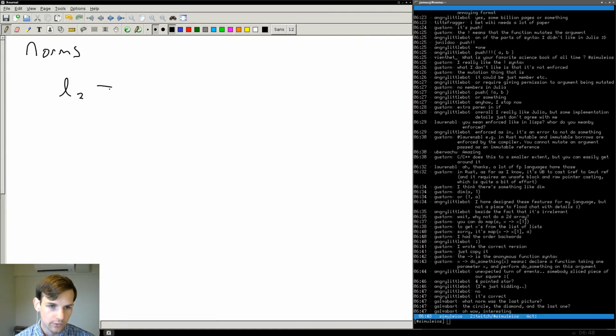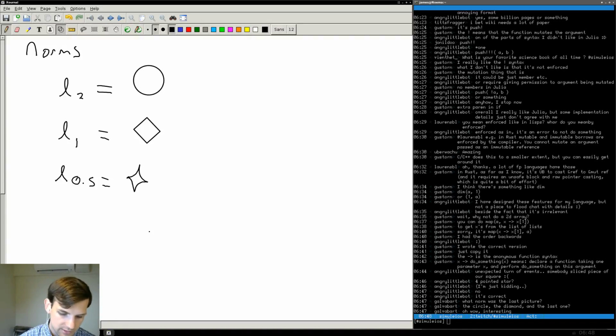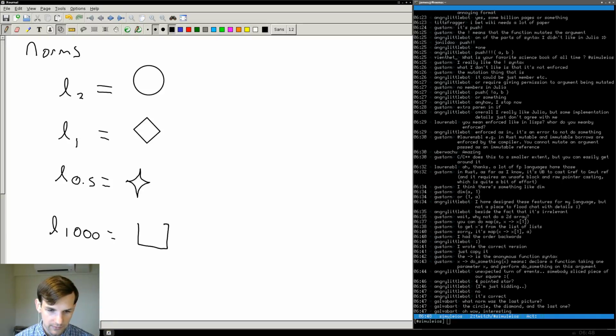Okay, so L2 norm. The unit sphere is a circle. So let me just go ahead and draw a circle. Then we have L1 norm, which in this case is a kind of sideways square. The L0.5 norm, which we saw before, looks something like this. Let me see if I can redo that. Something like this. And the L1000 norm looks something like this. Okay? So we have these shapes, and I apologize for not being able to draw that star for the L0.5